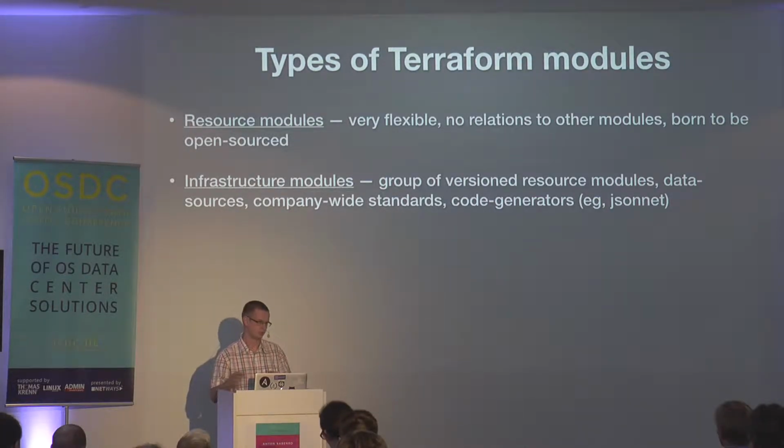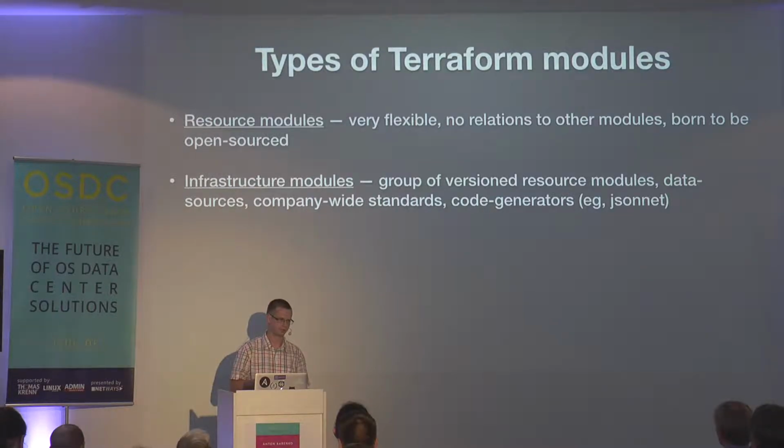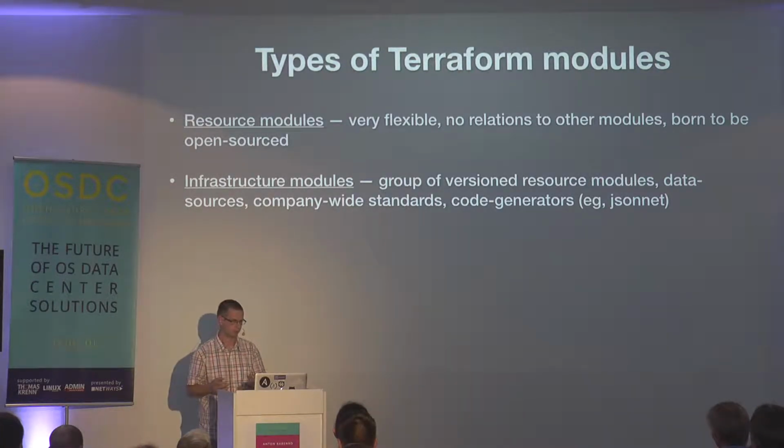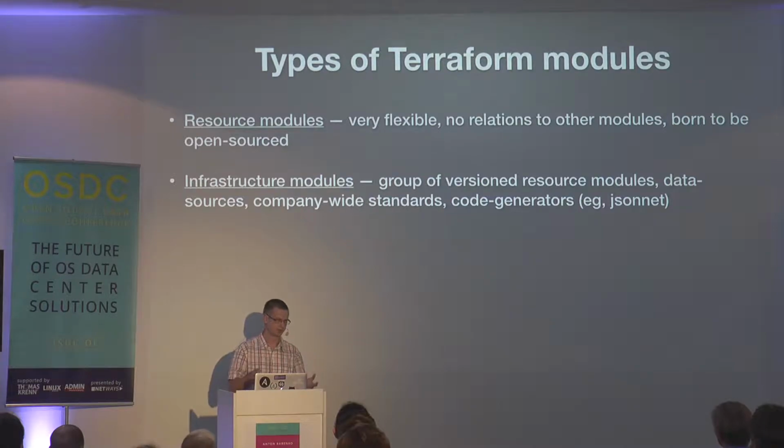And resource modules just hide a lot of this for you. On another side, what I actually think has to be much more widely used is Terraform modules for infrastructure components. A good example of an infrastructure module is something that serves just your purpose. It's a collection of resource modules: you need to create a load balancer, you need to create a VPC, and you need to deploy an application there. And all of this can accept several parameters. So that's a good example of an infrastructure module.